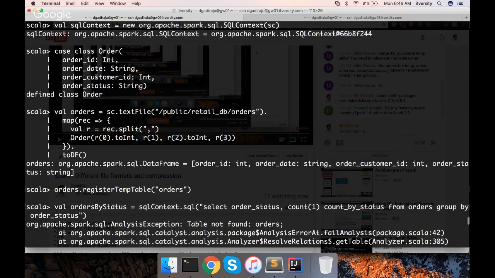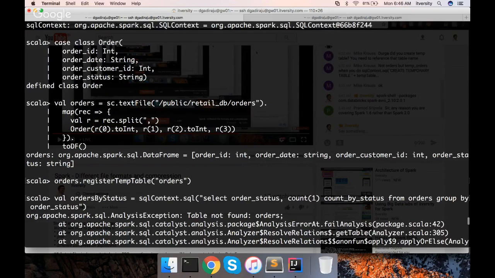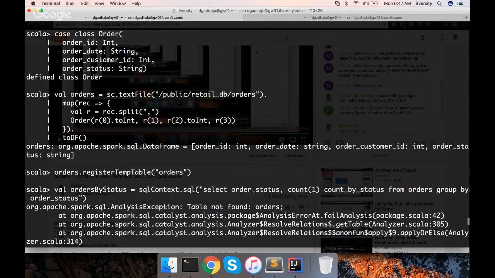Okay, again, what happened? Orders dot register temp table. Table not found orders.